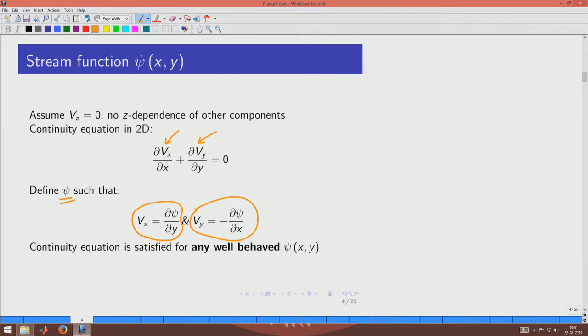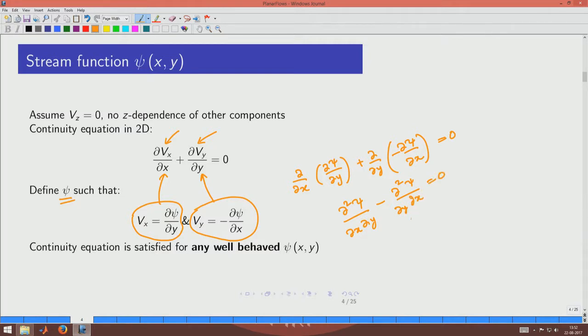So, what happens when we do that is, when we then plug in to the continuity equation, then you could see that the first term would become dou by dou x, and then the Vx actually is dou psi by dou y, and then the second term is dou by dou y, and Vy is actually minus of dou psi by dou x, and this implies that it is dou square psi by dou x dou y, and here is a minus, and dou square psi by dou y dou x is equal to 0, but this is true